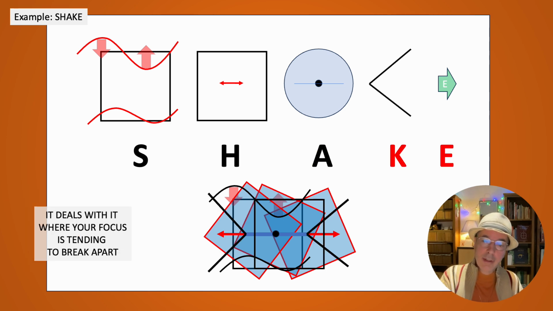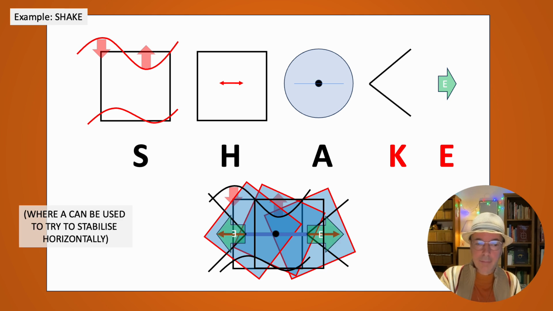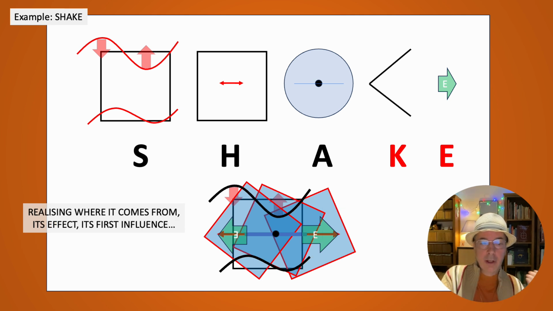And it also deals with, that's the last part of the word, K and A, that your focus in this area of Shay is tending to break apart. And we can use the A to centralize and stabilize horizontally our focus frame,